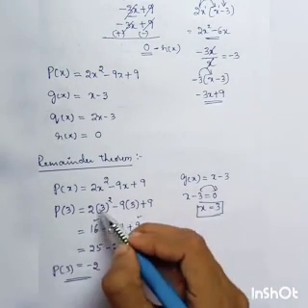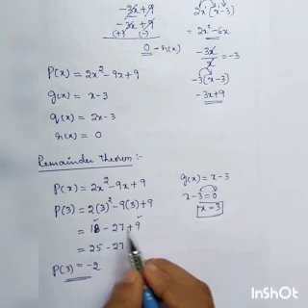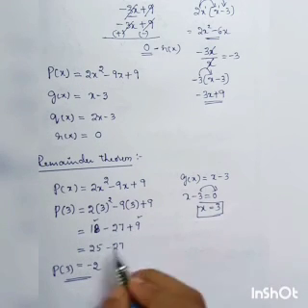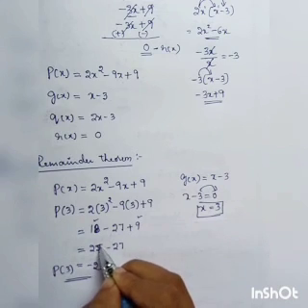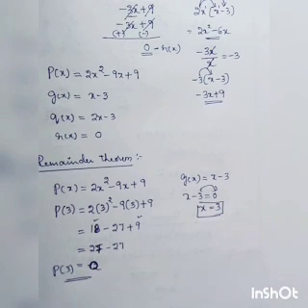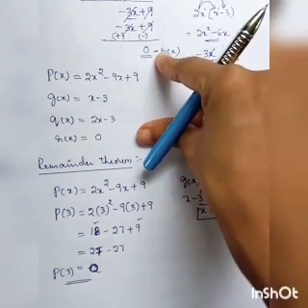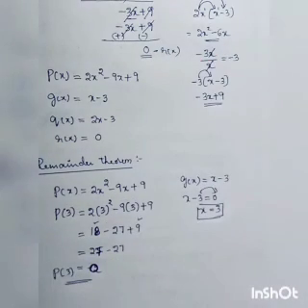Here 3 square is 9. 9 twos are 18, correct? So here I have done a mistake. So 18. 18 plus 9 is 27. So plus 27 minus 27 means remainder is 0. So here also the remainder is 0. In the previous long division method also we have compared. There also we have got 0 as a remainder. So the problem is correct. So we have checked the problem. In the same way I'll solve the third question so that you can clear it properly.